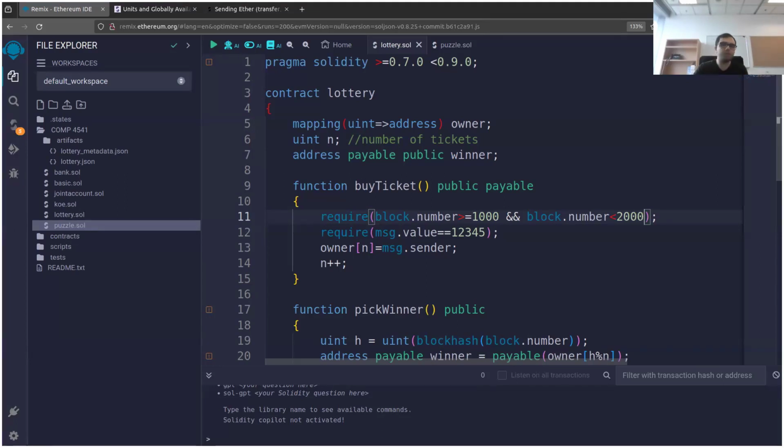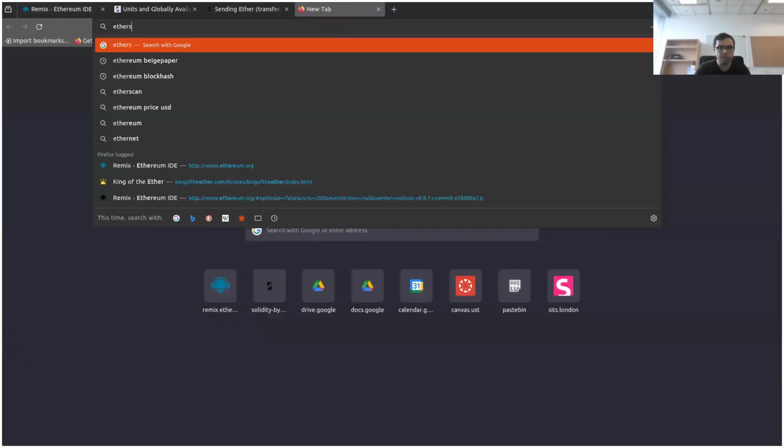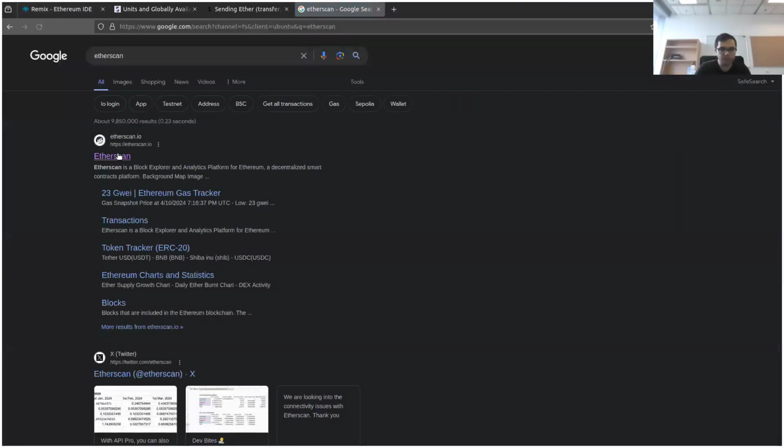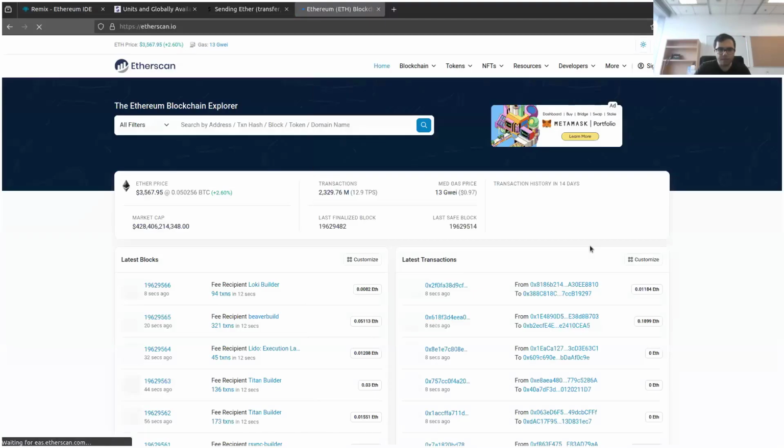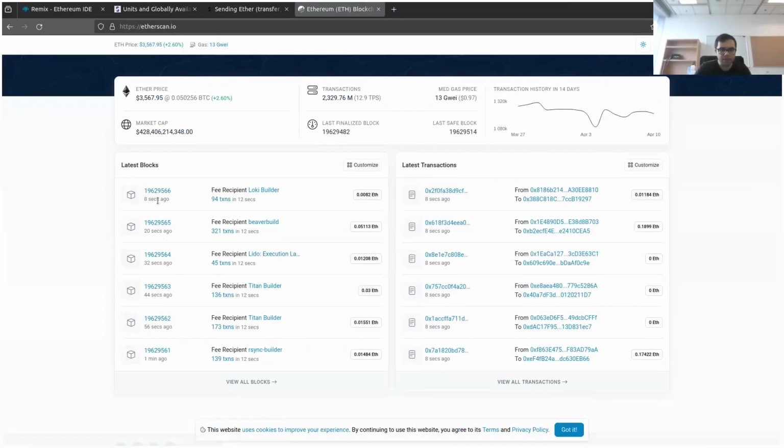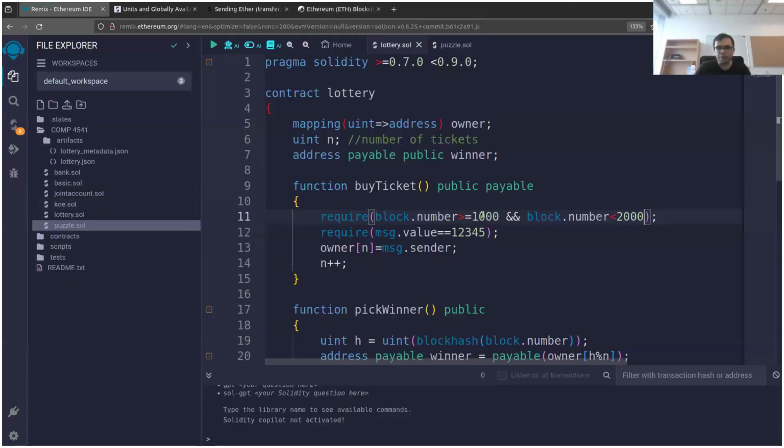Now, these block numbers are too small. If you want to see actual Ethereum block numbers, you can go on Etherscan. And you can see that these are the latest blocks. So this is a block that was mined 8 seconds ago. This was a block that was mined 20 seconds ago, and so on. So this is like the current block number. I can just put the block number here and let's say plus 1000. Or another thing I can do is to just